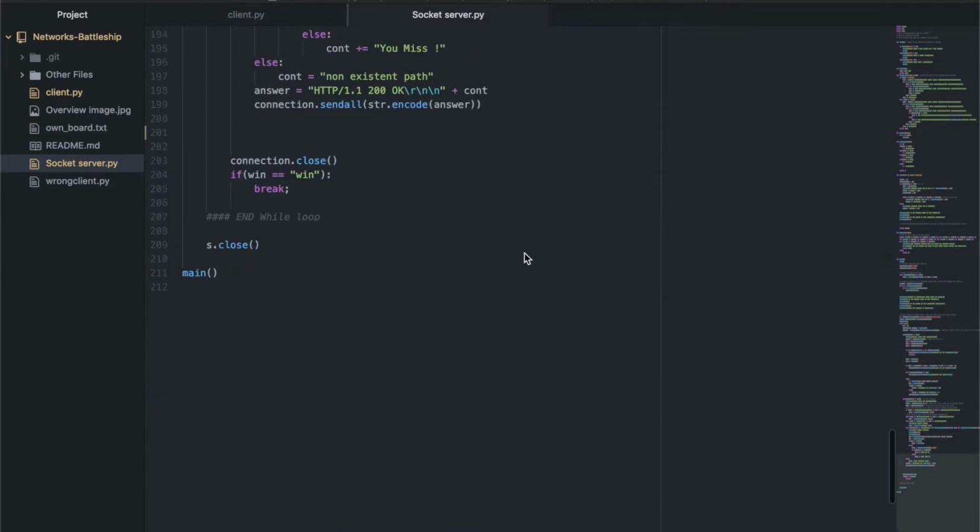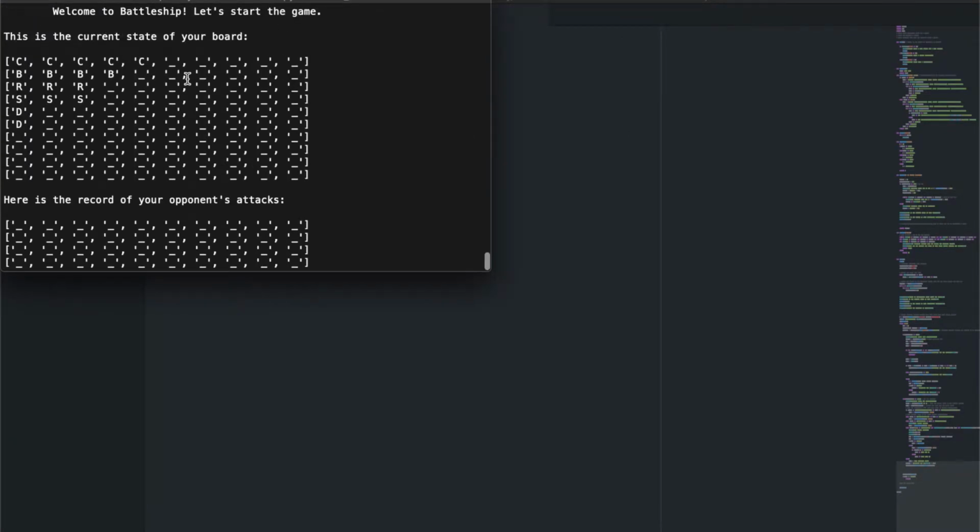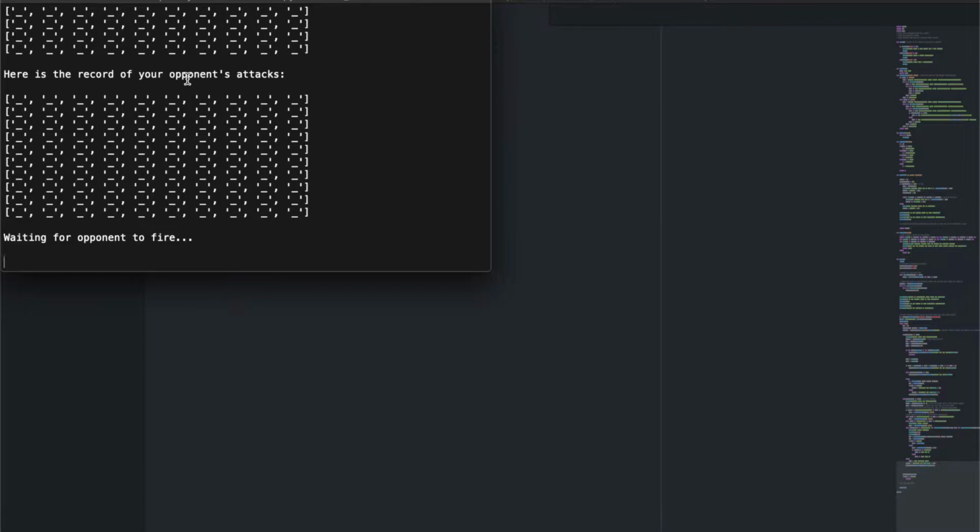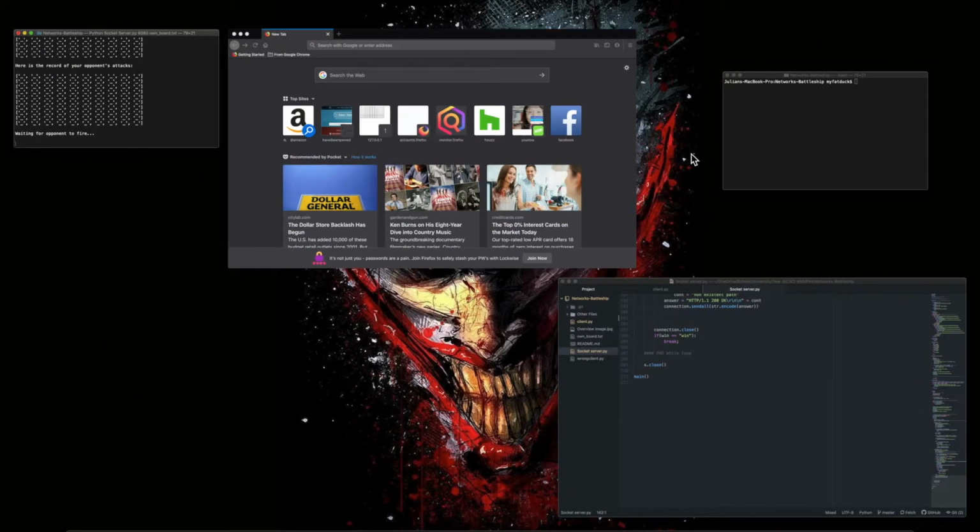We begin by starting the server. As you can see, there are two boards. One with all of the ships, which we call our own board, and one that is blank, which is our opponent's attacks. We then begin the client